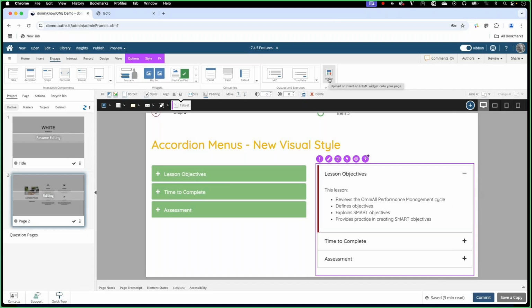One of the things we've been finding is that folks want to be able to bring in widgets from Storyline content. So you can publish from Storyline, bring it into the Domino One page that you're working on, and upload it as a widget. As part of that, we've created a simpler workflow so that the upload process detects that the content has been brought in from Storyline, and then sets a number of presets for display properties and behaviors, so that the author doesn't even have to think about those.